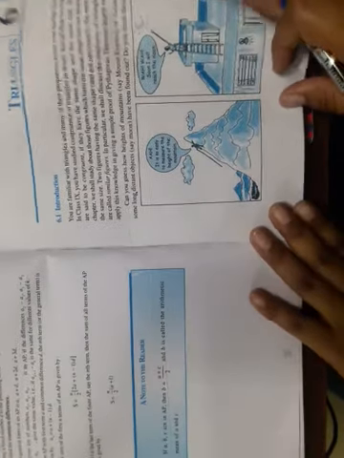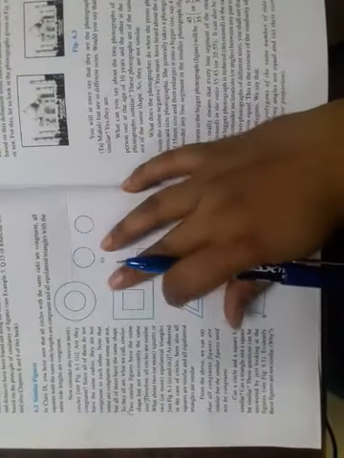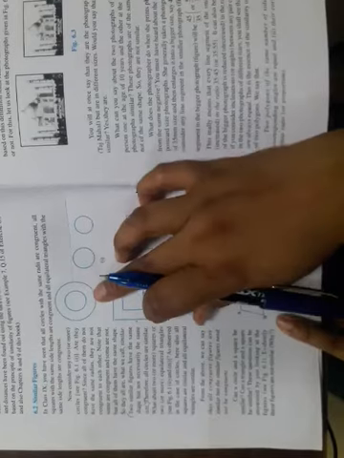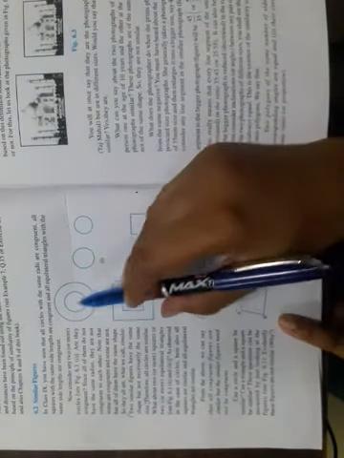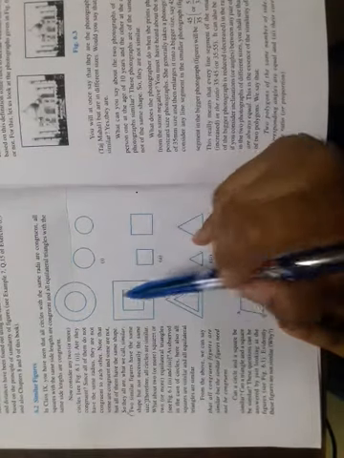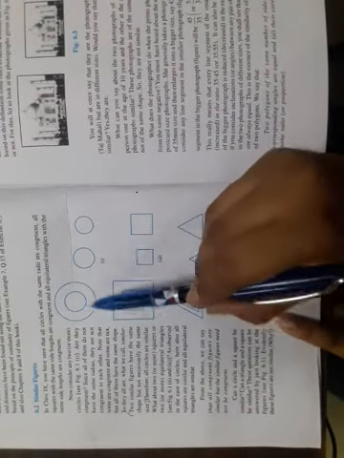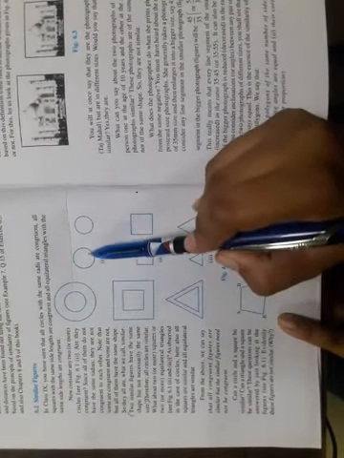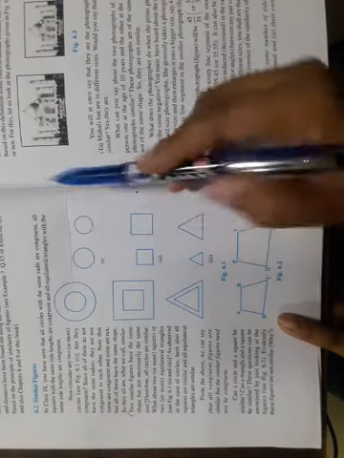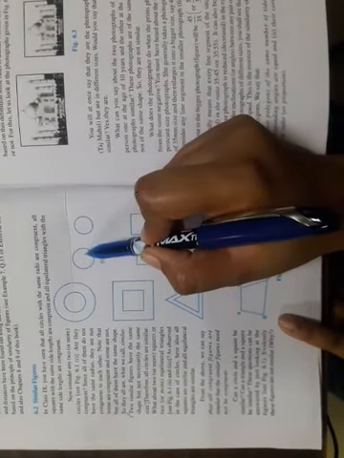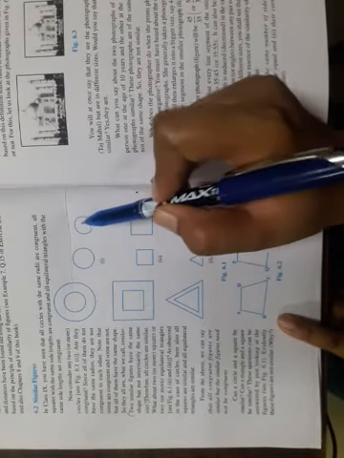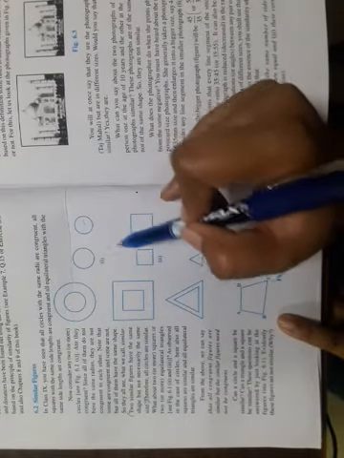In this section we have to see similar figures. So what do you mean by similar figures? See these figures. This is a circle. In the first figure, circles with different radius are given to us. Suppose this circle has radius 2 centimeter and this circle has radius 1 centimeter. Are these two figures congruent? Obviously not. These two figures are not congruent.